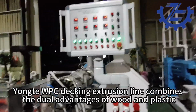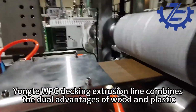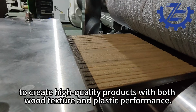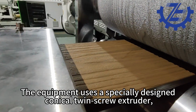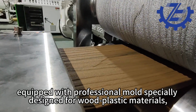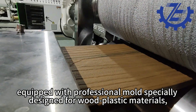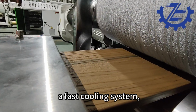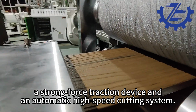Yongte WPC Decking extrusion line combines the dual advantages of wood and plastic to create high-quality products with both wood texture and plastic performance. The equipment uses a specially designed conical twin-screw extruder, equipped with professional molds specially designed for wood-plastic materials, and online 3D embossing device, a fast cooling system, a strong force traction device, and an automatic high-speed